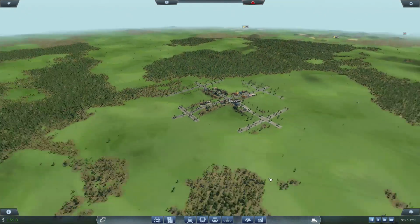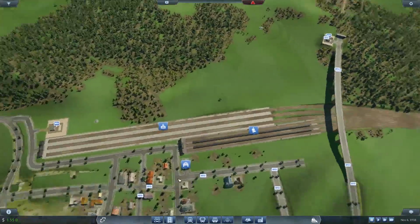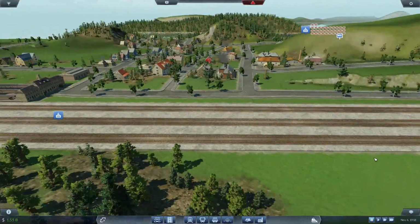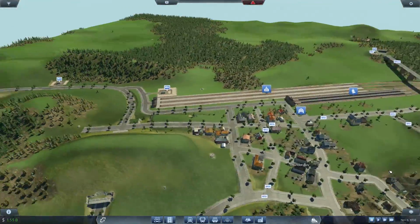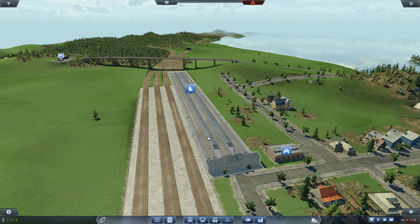Last time out, let's just go back to what we were doing last time. We were focusing up here in Thunder Bay where we got a freight station, as Thunder Bay is apparently very well known for its freight. There's a lot going on in Thunder Bay, and we also got a passenger station up which will be in